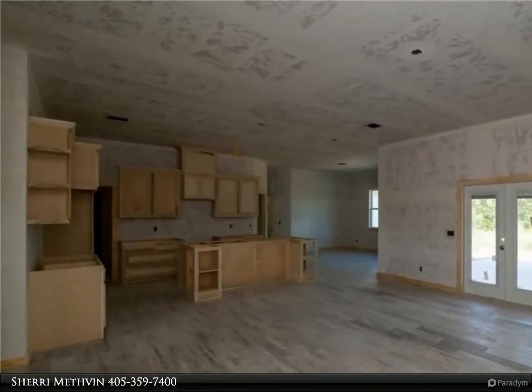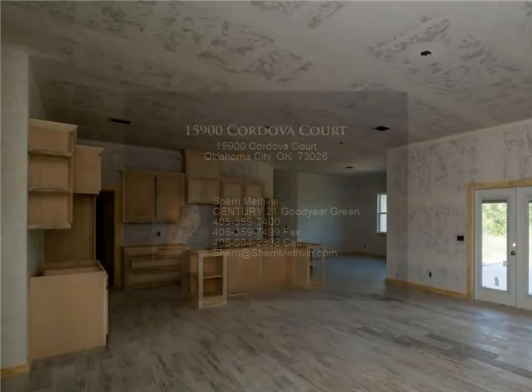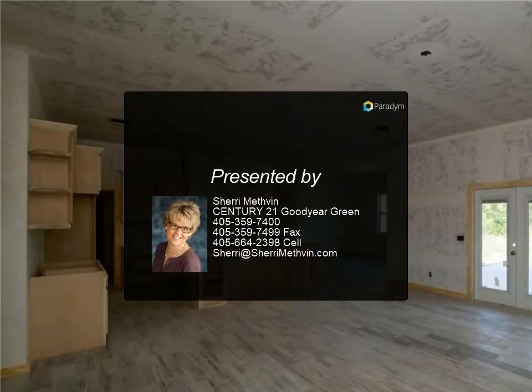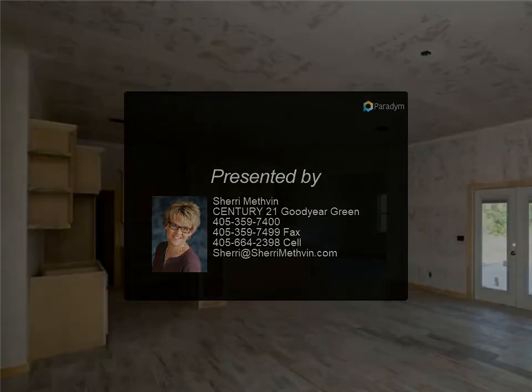This home is loaded with over 80 square feet of dedicated storage space, not including the oversized garage and its storage area. Located in the Robin Hill/Moore High School